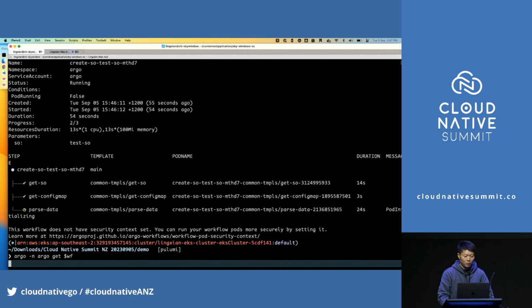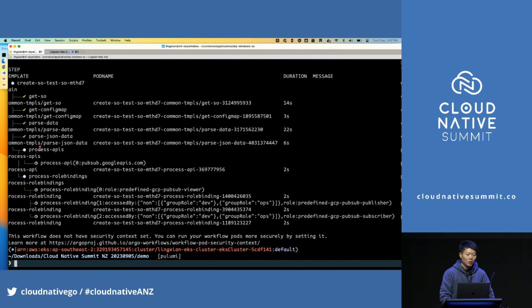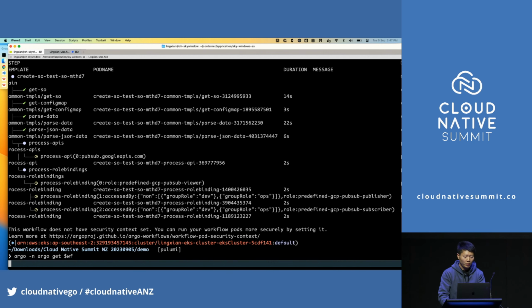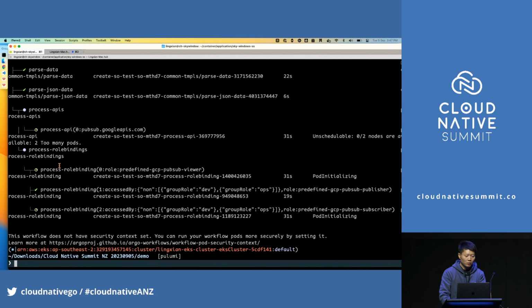And if we run the command again, we can see here, this is a group of tasks. And inside the group, there are actually three tasks running in parallel. Because if you remember, we have defined some role bindings for this product in the config map. So there should be 3 tasks running to grant permissions to this product. So if we keep querying, the workflow is still running. And if we give it some time,